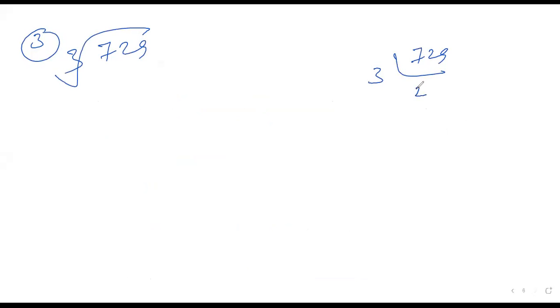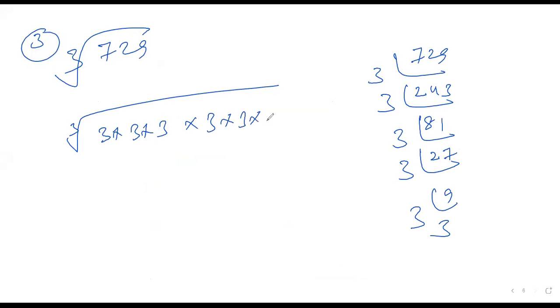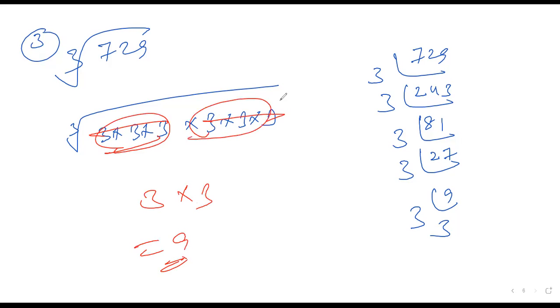3 2s are 6, 3 4s are 12, 3 3s. Next 3 81s. Next 3 2s are 6, 3 27s. 3 3s. Like this. You can write the cube root of this. What can you write? 3 combinations. Here in the cube root, 3 pairs will be there. You take one 3 from each, it is 9, so the perfect cube exists. Like this it should come in 3 pairs. There is no missing term in this, so that's why 729 is a perfect cube.